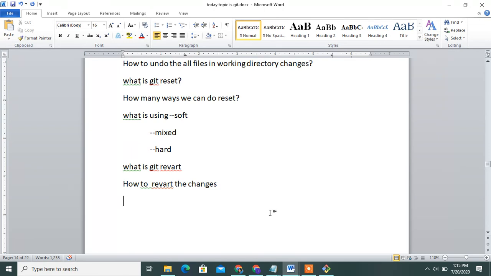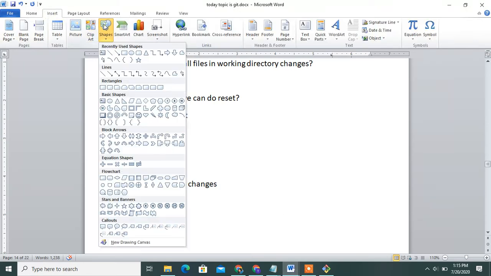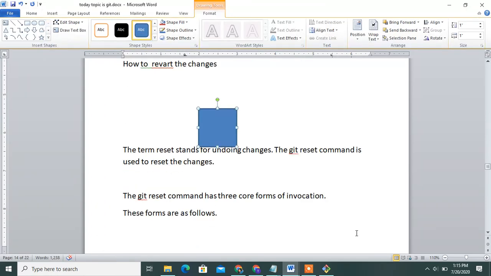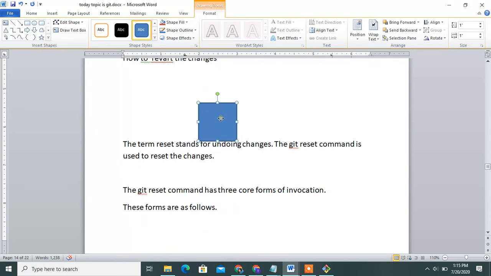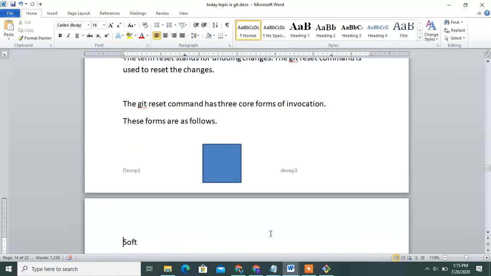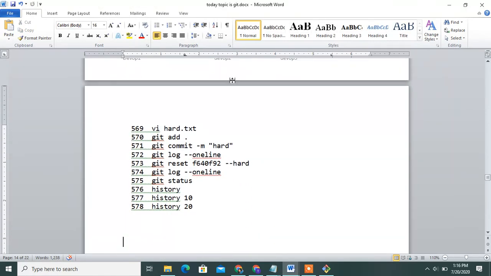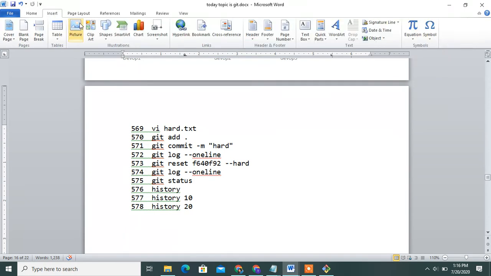Once you create one file and add, I will show the diagram also. Okay, see what is revert.